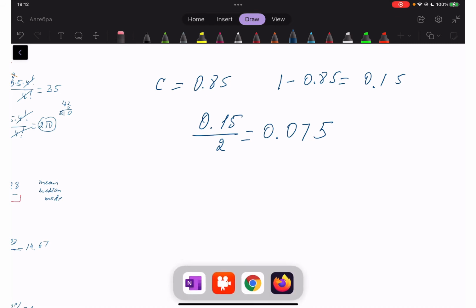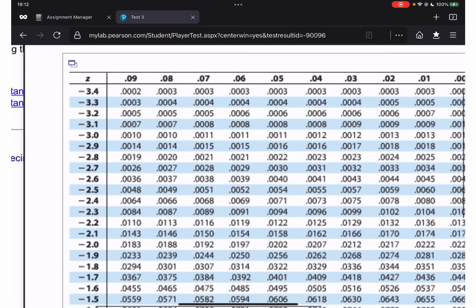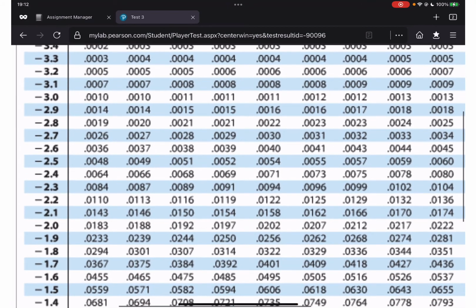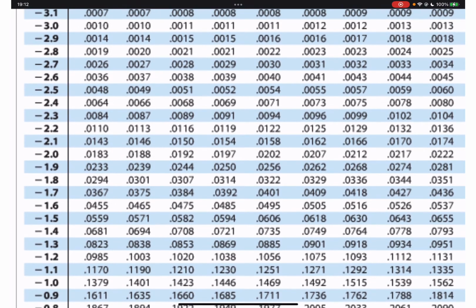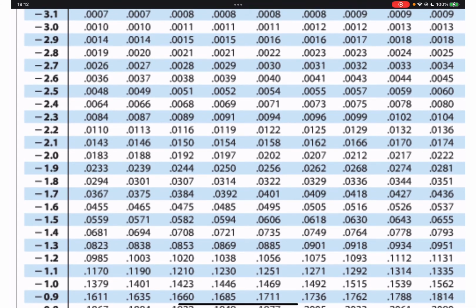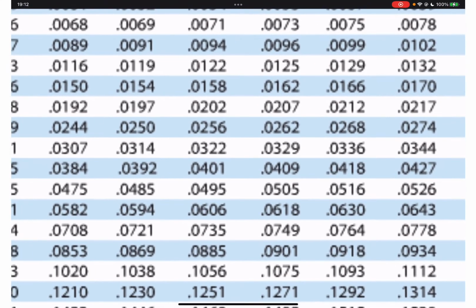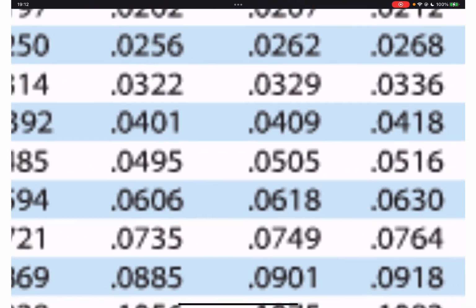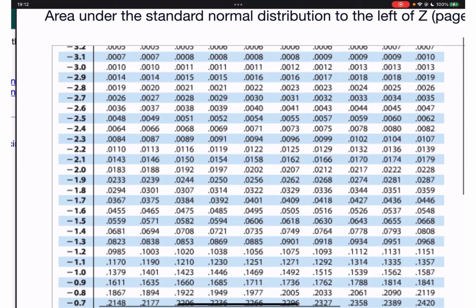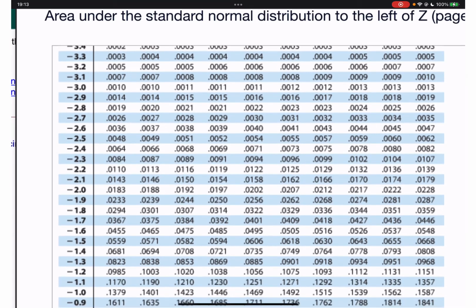I'm going to this probability, 0.075. I'm going to look in the negative z-score table, 0.07. Let me see where it is. Oh, here it is, 0.0745. See that? I'm coming horizontally. It's going to be negative 1.4. And then I'm going up 0.04. So negative